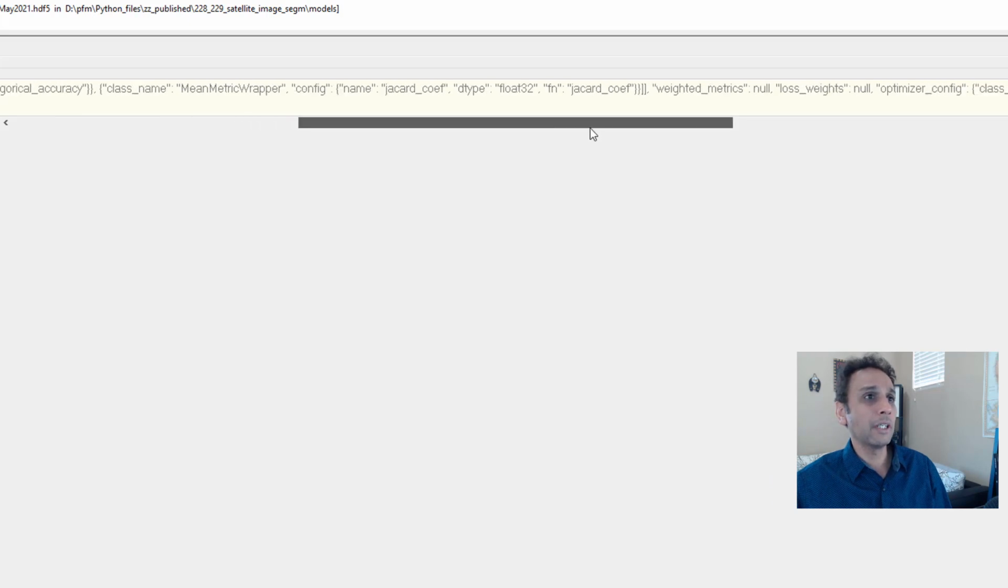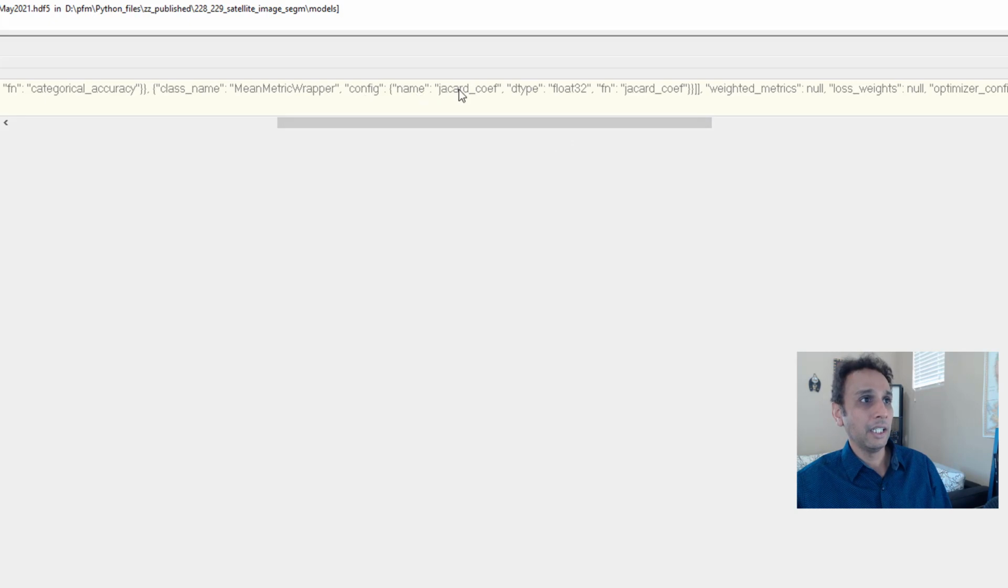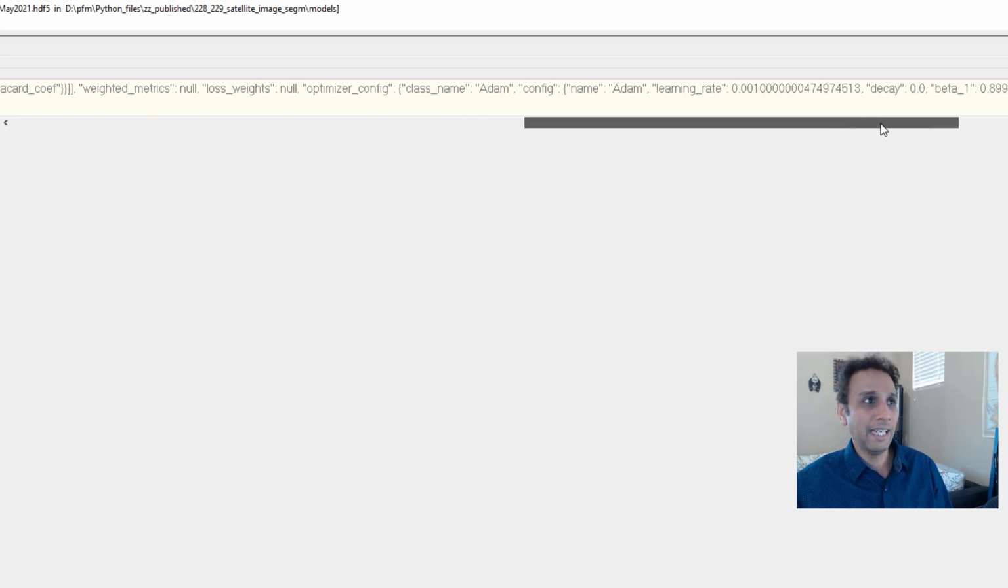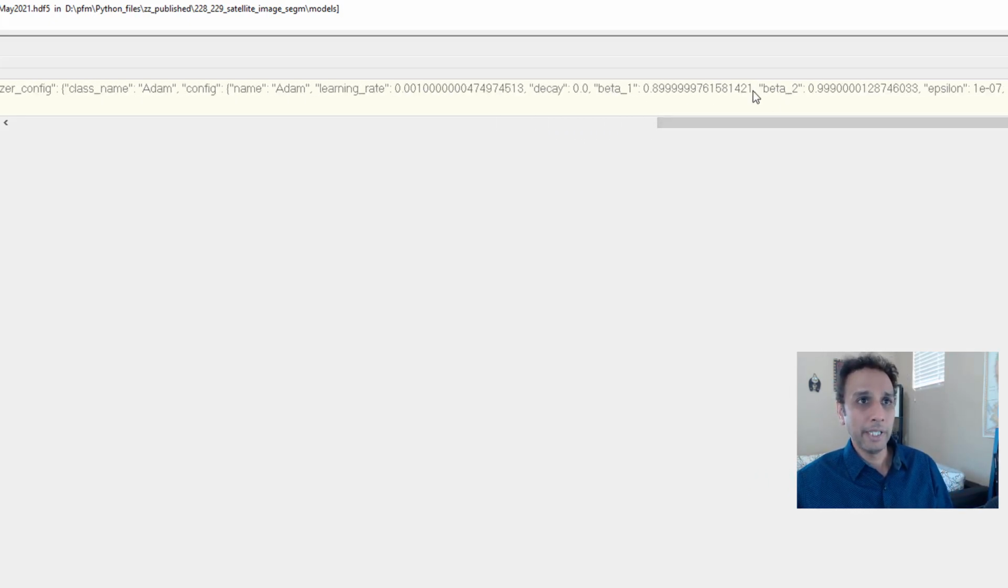What else is there? I don't want to read every little thing from here, but I just want to highlight a couple. Again, the Jacquard coefficient was another error. We supplied it and it made it happy. And Adam, it figured out, and the learning rate for Adam, this is the learning rate that it was using, and it figured out because Keras knows what Adam is. Keras doesn't know what Jacquard coefficient is, especially the way I named it. And here are the beta 1, beta 2, and other parameters that Adam